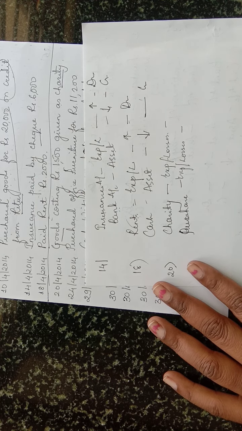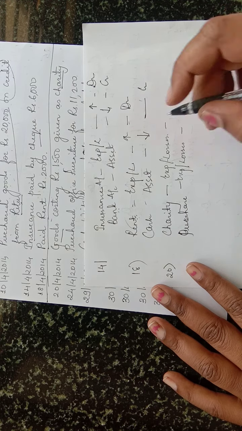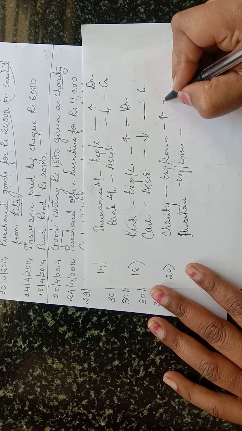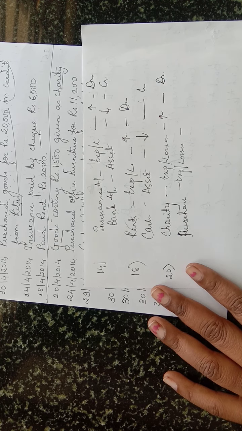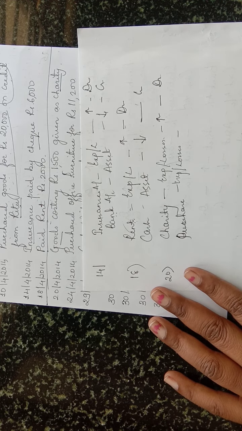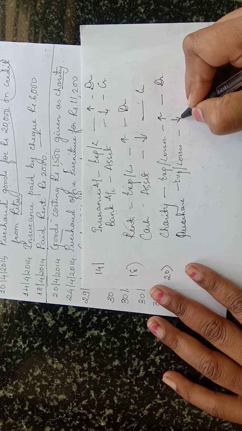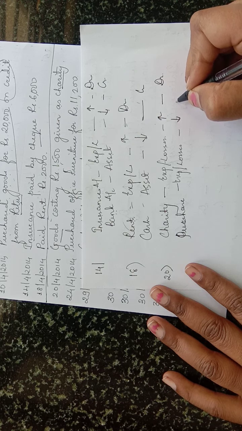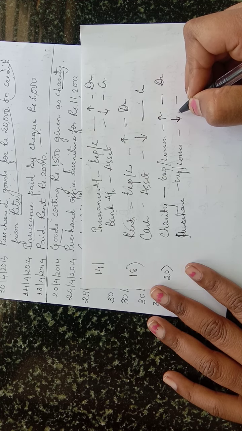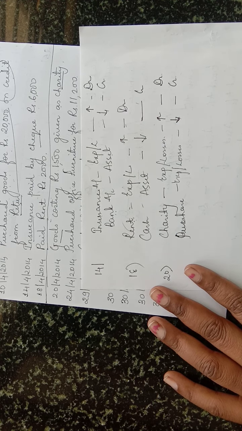Now see here, when you give the charity, in the business your expenses are increasing. Increase in an expense is debited. Then your purchase amount, out of total purchase some amount he has given as a charity, means your purchases are decreasing, your expenses are decreasing. So total purchase is decreased, and decrease in expense is credited. So what is the journal entry?